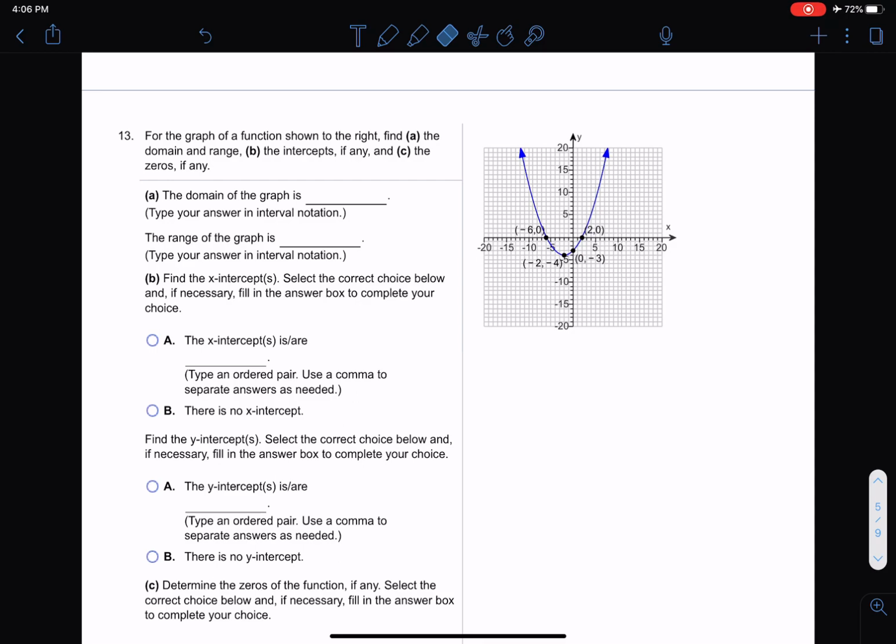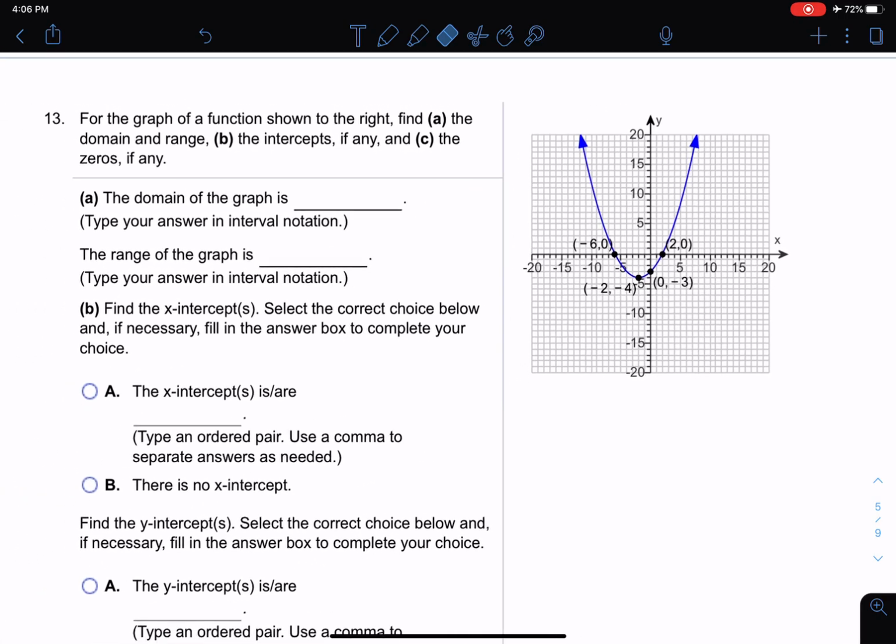13 says for the graph of a function shown at the right, you want to find the domain, and the range, and the intercepts, and all this stuff. Okay, let's get to it. So could they make this thing any smaller? I don't know. Anyways,